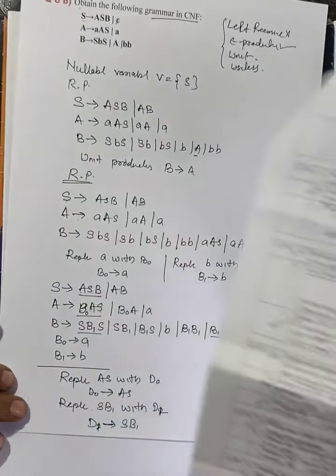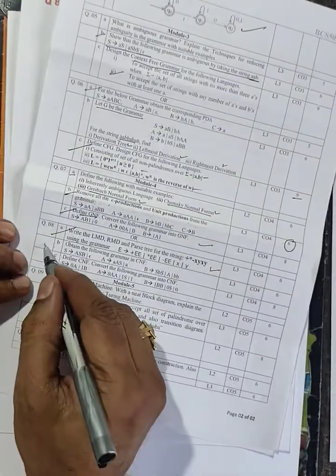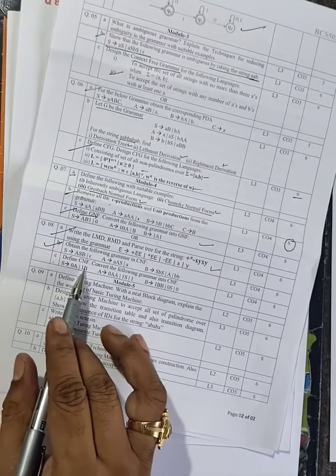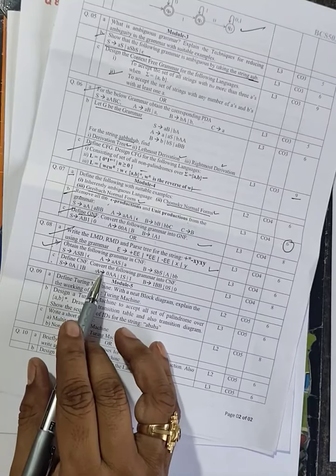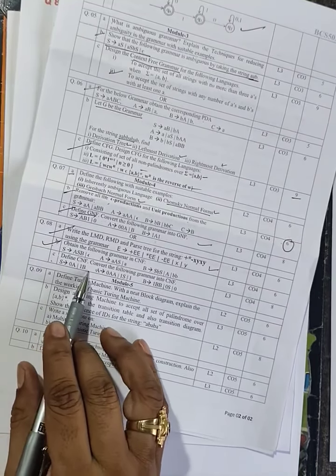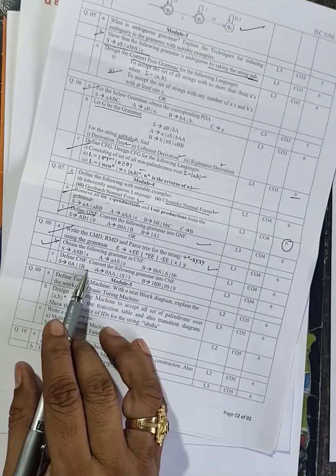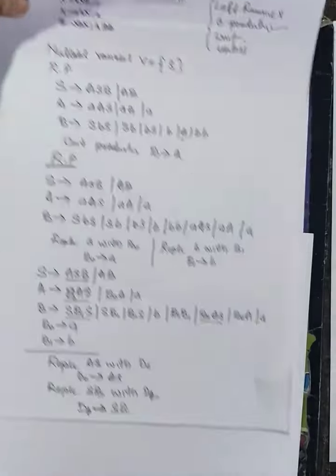What was our production question? Convert into CNF. This one. Convert into CNF. Next, define CNF. Convert the following grammar into CNF. Again, this example also convert into CNF. This example was asked for 8 marks. Convert into CNF. It's here. Within this, next example,